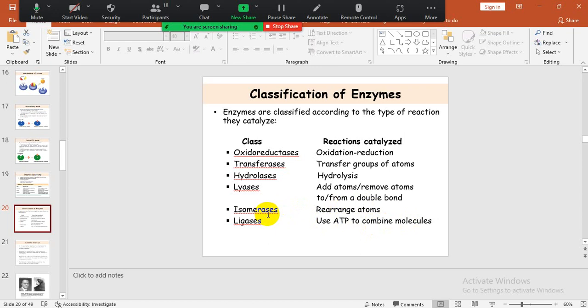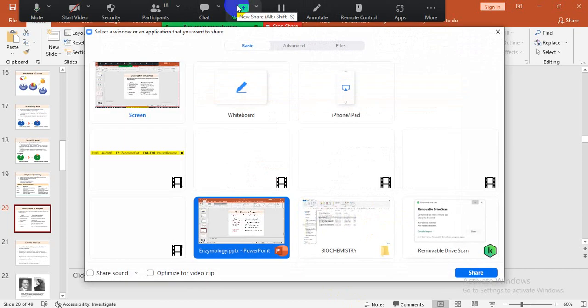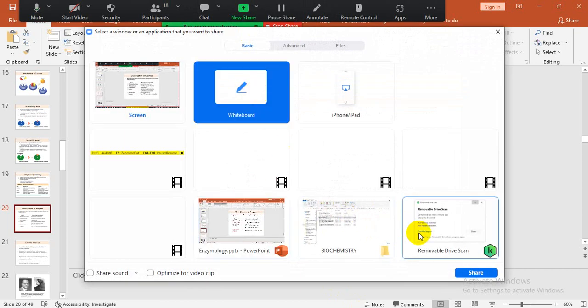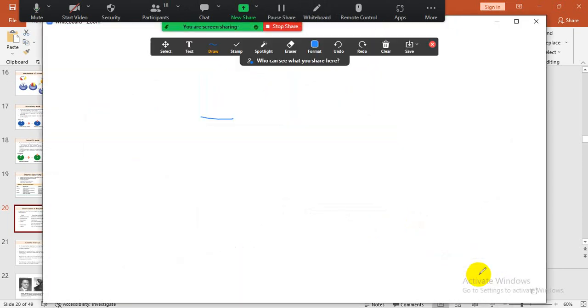So because of time, let me explain the last two. Isomerase, let's go to our whiteboard. So isomerase, for instance, if you have something like this,